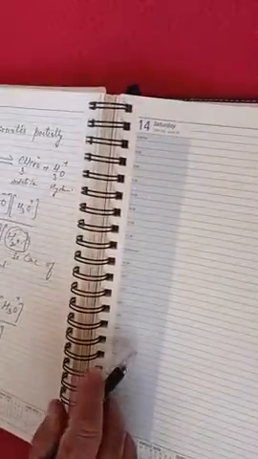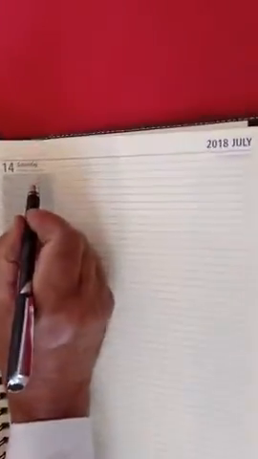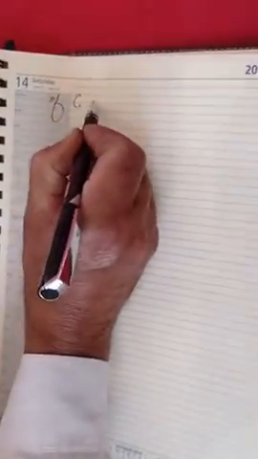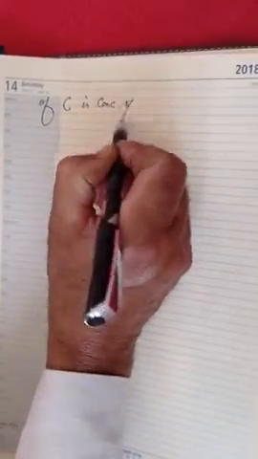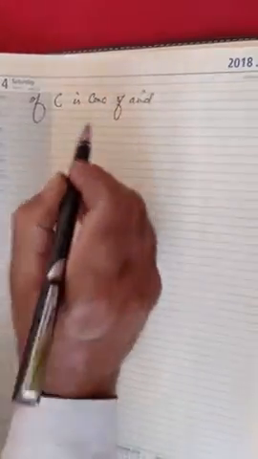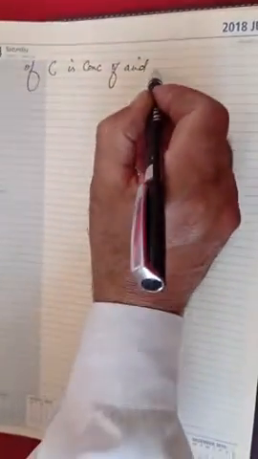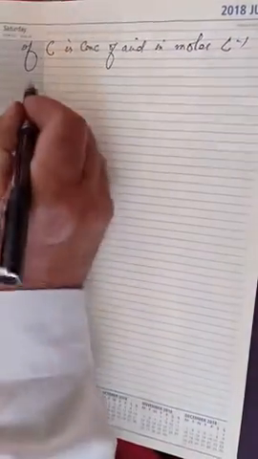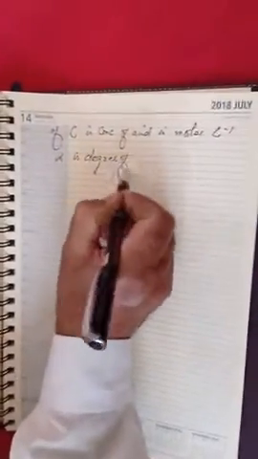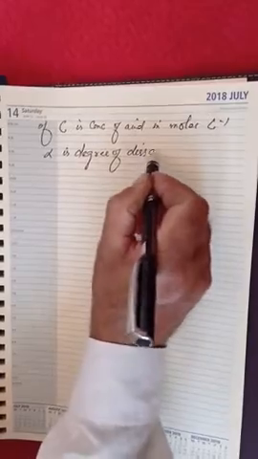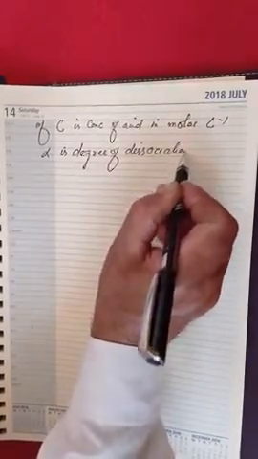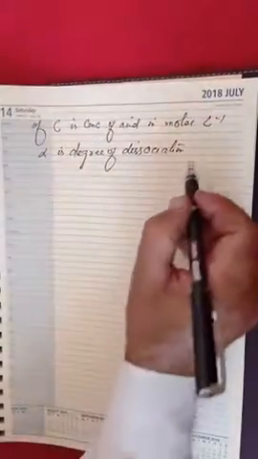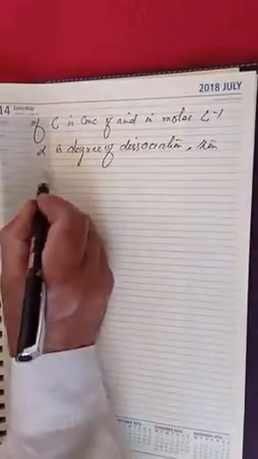Now if C is the concentration of acid in moles per liter, and alpha is the degree of dissociation, then at equilibrium